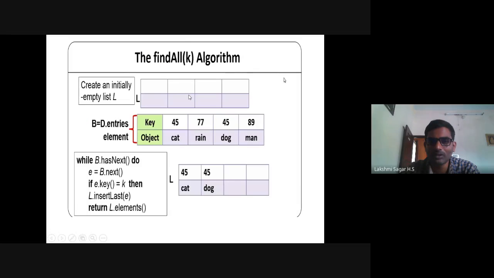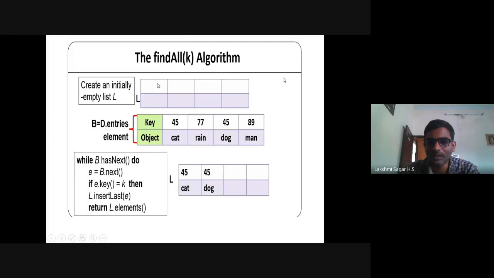So here is the find all k algorithm. This algorithm can be used to find the same key and the elements or objects associated with that key. If you want to find it, initially create an empty list L. This is a one-dimensional array.